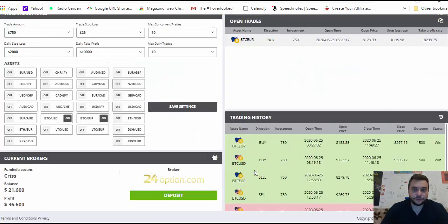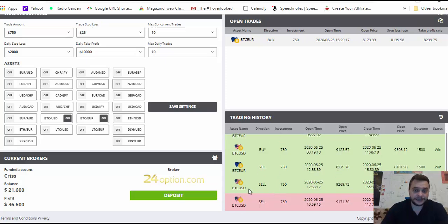All right, and the other one, Bitcoin USD, is the same thing because the chart looks the same. You can check it on the TradingView platform. Bitcoin Euro, the same. It was a sell. It was the entry in the market at 12:58, and it was closed at 3:30 at the price of 8,181.98. Bitcoin USD, another one, it's the same as this one. It's at 12:58, and it got in the market, and the trade was placed at the price of 9269.73,